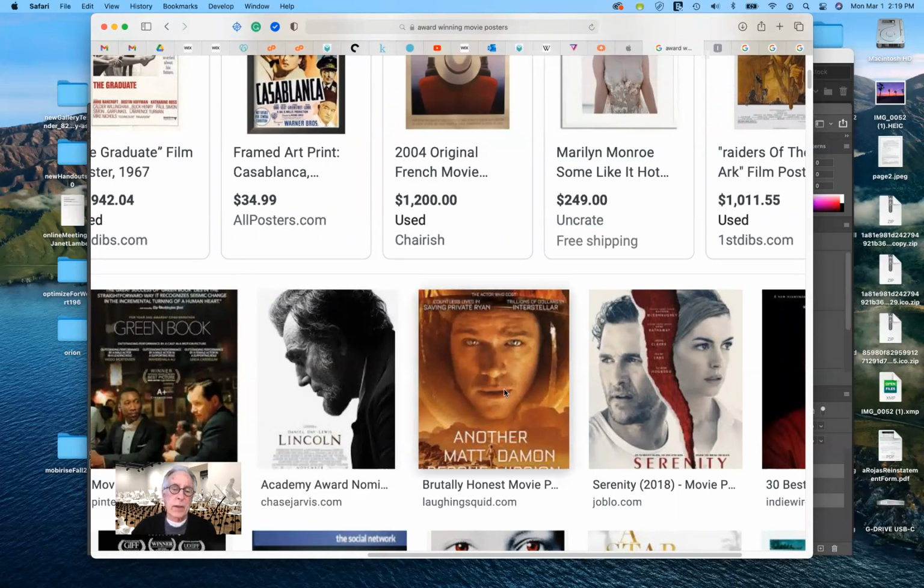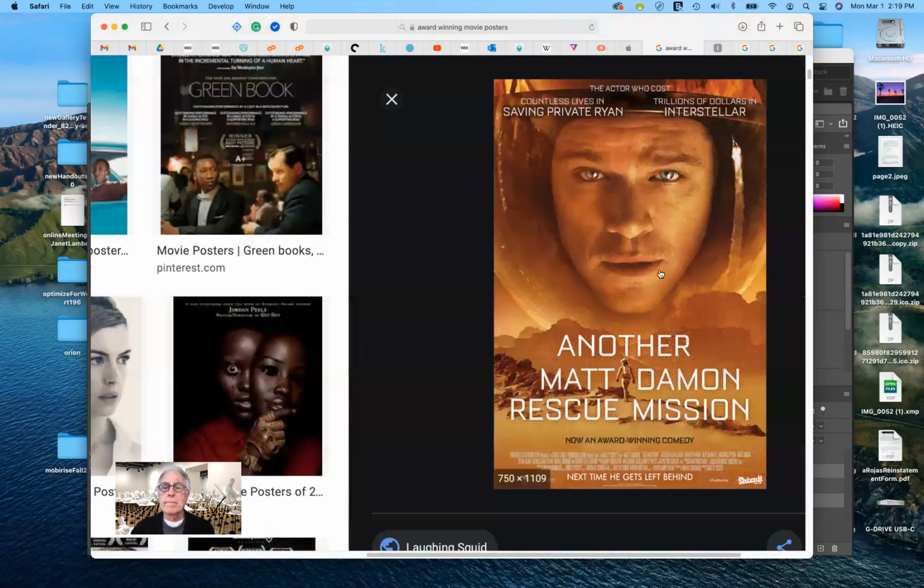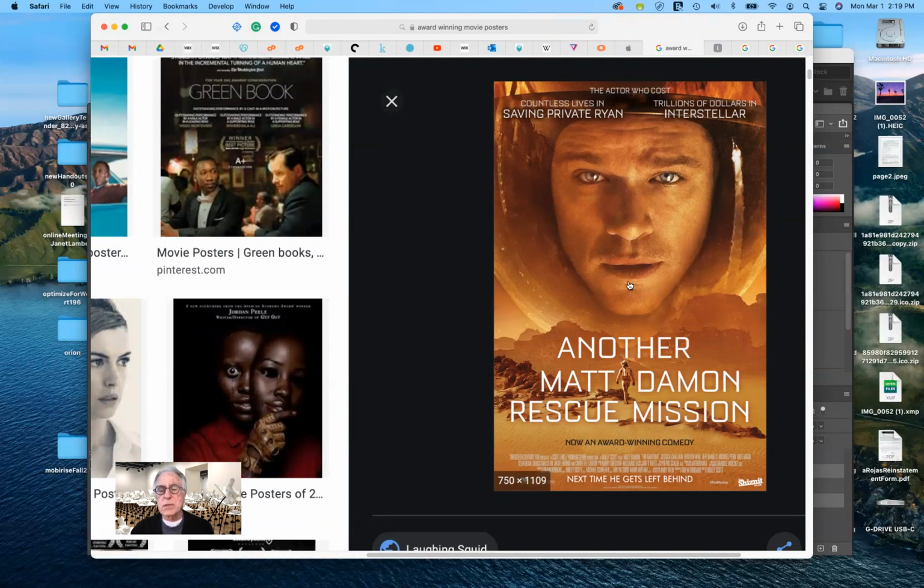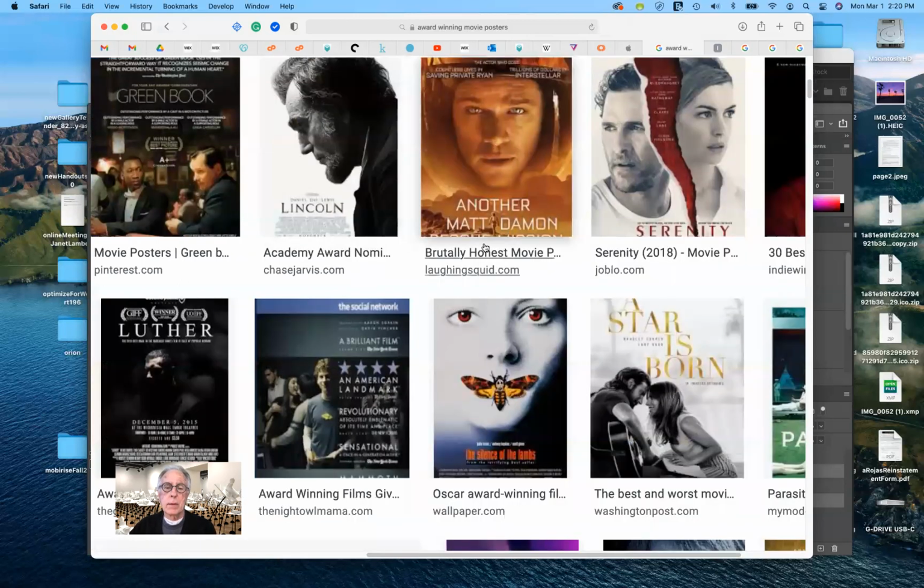So another one that's fairly contemporary that isn't too bad is the one for Mars with Matt Damon. And this is kind of a spoof on that, but still it's taking off from it, with a really strong visual image. Notice how they've used a typeface that has sort of a high-tech feel to it. They do add the credits to this. They've also limited the color palette to the warms and the oranges that you would see on Mars. And they have added at the top the actor and the movies that he's been in. And you can do that. That would be fine. Okay.